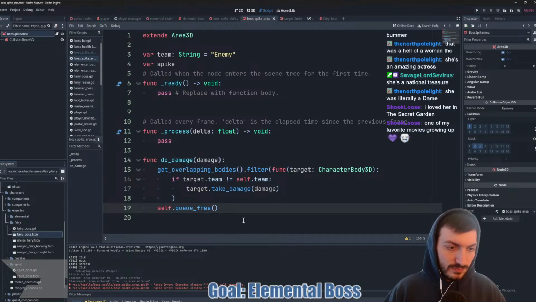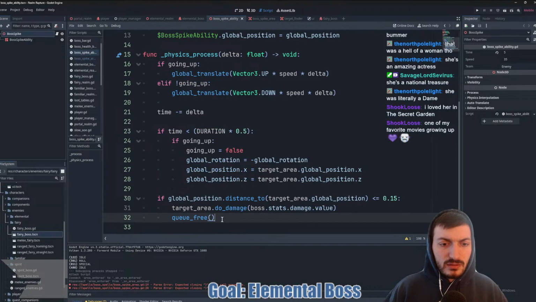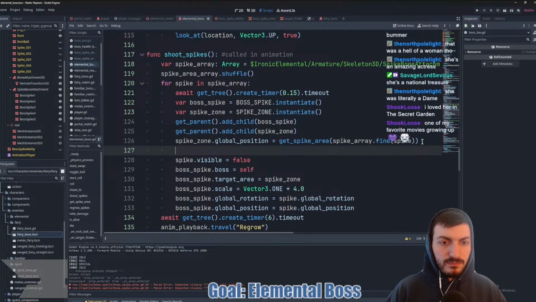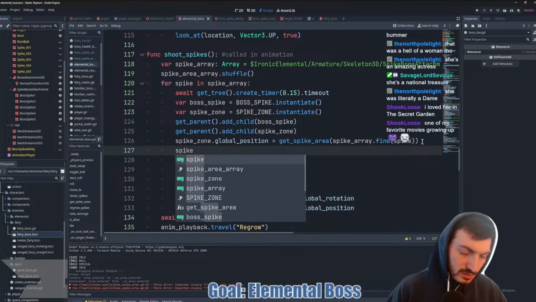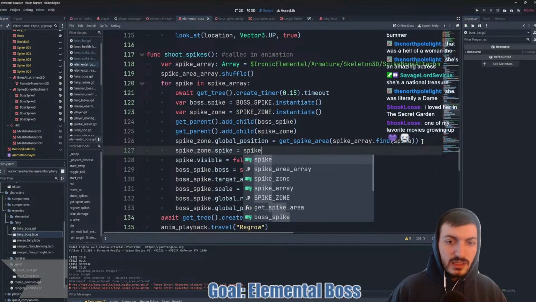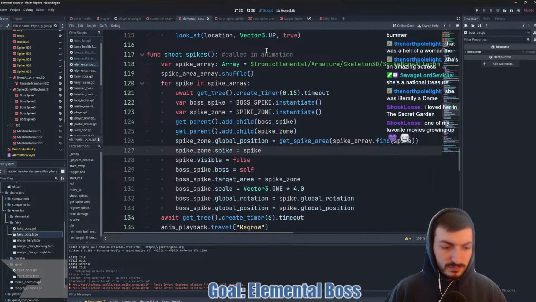That should work? Yeah. And then we do boss spike ability. But we need to tell the area what the spike is. So we can say here, spike zone dot spike equals spike, save.